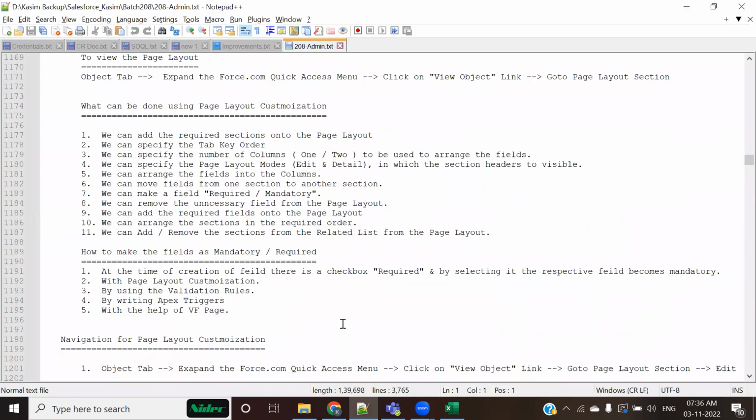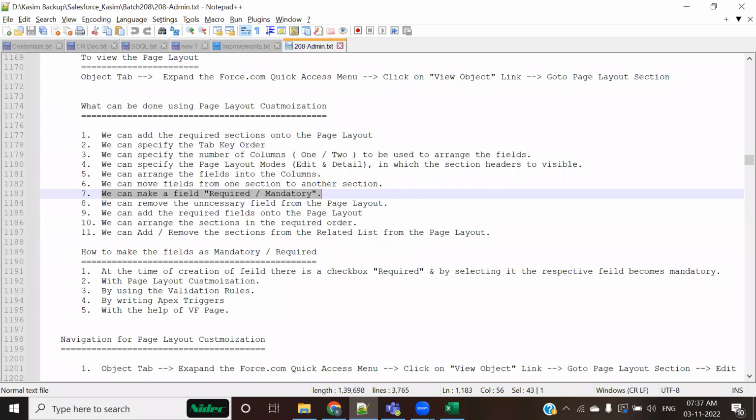Yes. So what we have started is page layout customizations, and the last thing we were discussing was how to make a field required, right? There were two things left with all these points: how to make a field required from the page layout customizations, and second, how we can add or remove some of the related lists. What a related list is would be the second thing we are going to discuss. Anyways, first of all, let me complete what I started yesterday,